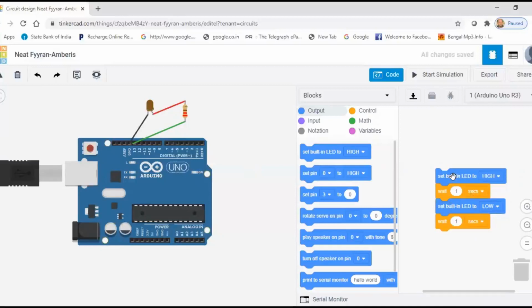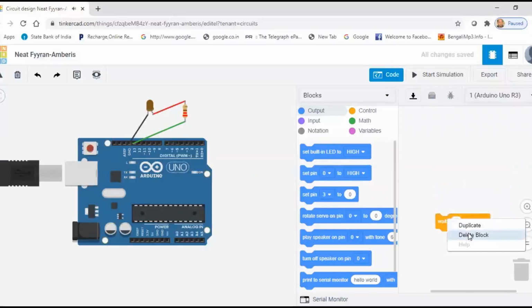Now we are deleting these blocks one by one, and will show how you can use this graphical coding by these blocks. First of all, this LED acts as an output LED. So we click this output section and drag the set built-in LED block to this field.